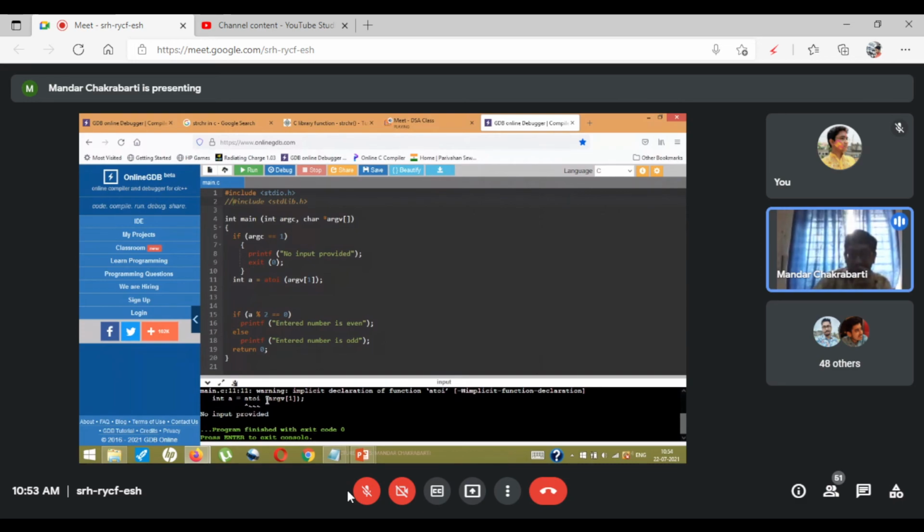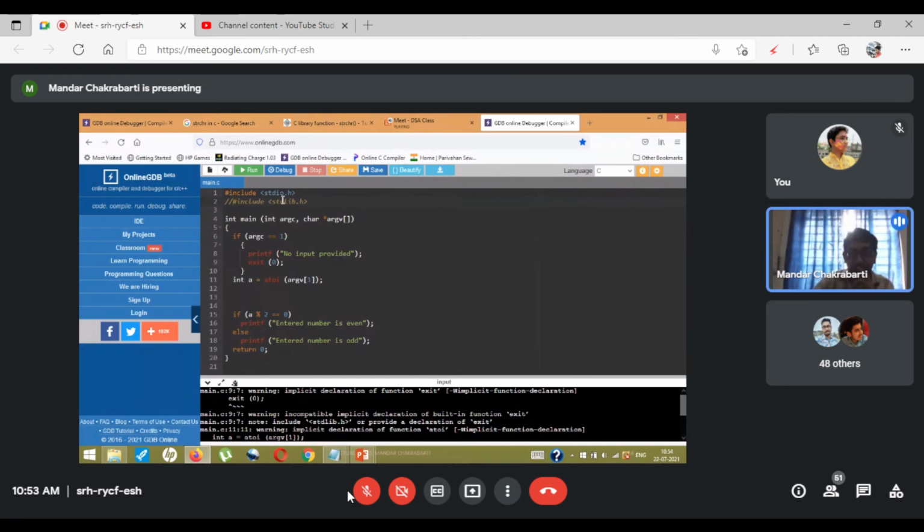See? I'm getting a warning with the a2i command as well, and also with the exit command. So exit command and a2i command belong to the standard library header file.